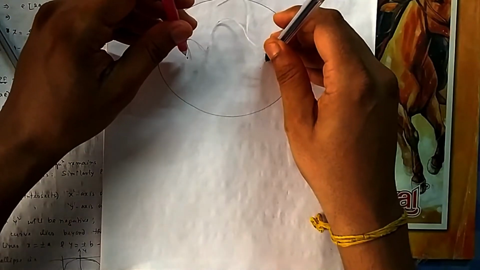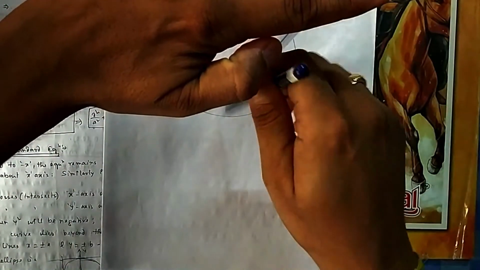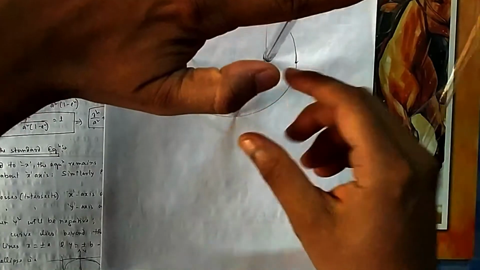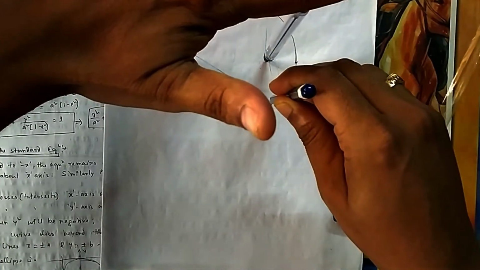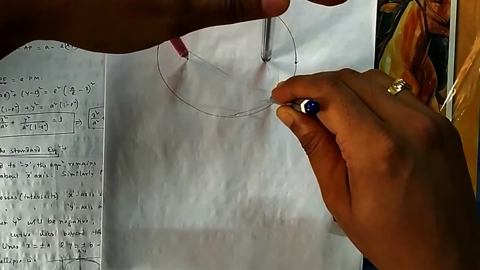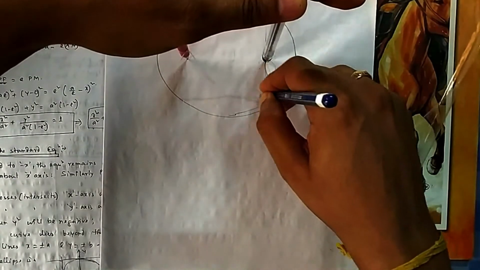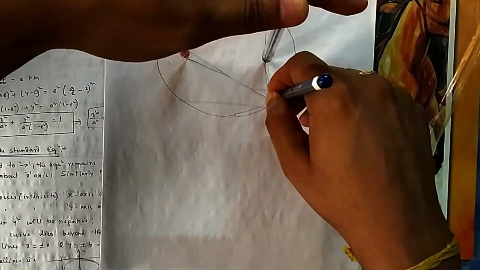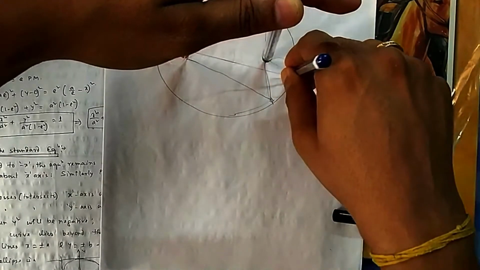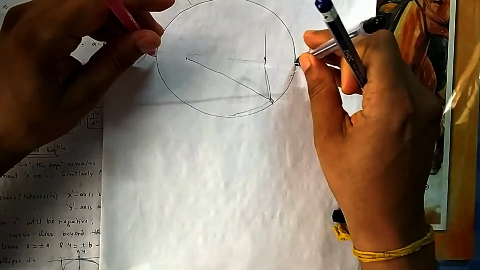Now you can see at any point, suppose you take a point anywhere, suppose you take a point here. If you find the distance between these two points and this point, this one is one distance and this is the other distance. The sum of these two distances is always the length of the thread. You go anywhere, the sum of the distances from these two points is equal to the length of the thread, and the length of the thread is this one.